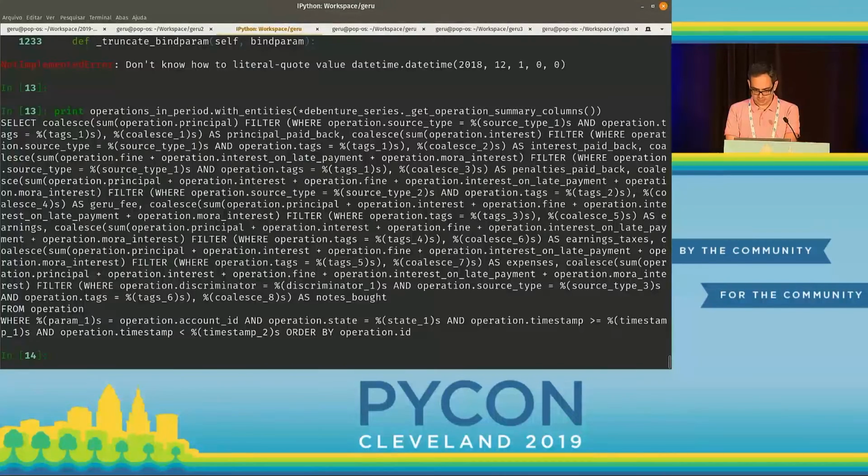Let me see if I can locate the code here quickly, because I had a little panic about 30 minutes before the presentation, because my slides stopped working, and it got stuck in the first slide and it wouldn't advance, and I didn't know what was happening. But I managed to fix it in time. So anyway,